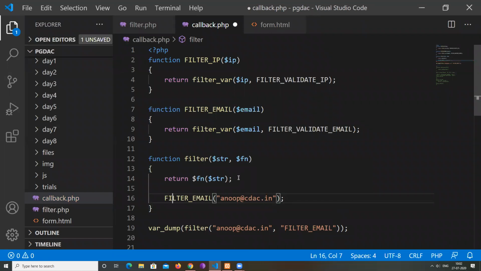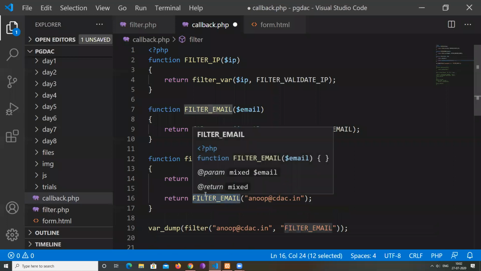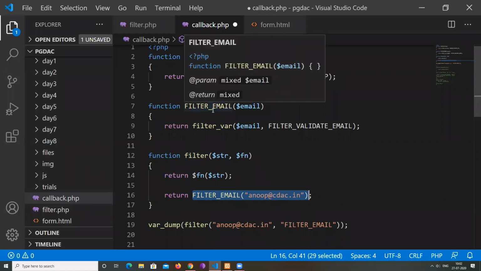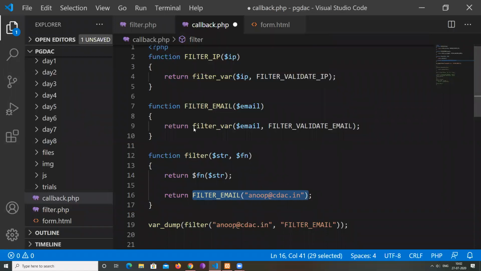So it is equivalent to this. The name of the function is filter underscore email, and the string is Anup at the rate cdeck.in. So I'm calling this filter underscore email. Now it goes to filter underscore email and checks whether it is a valid email or not. If it is a valid email, it will return the email itself, or otherwise it will return the Boolean false. So it's valid, so it will return the email, and then finally this will